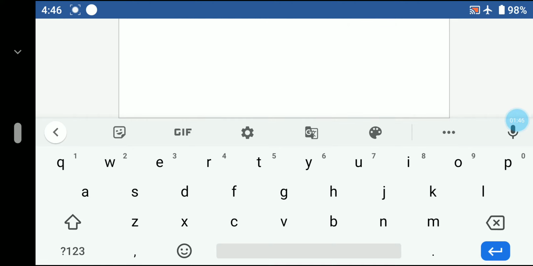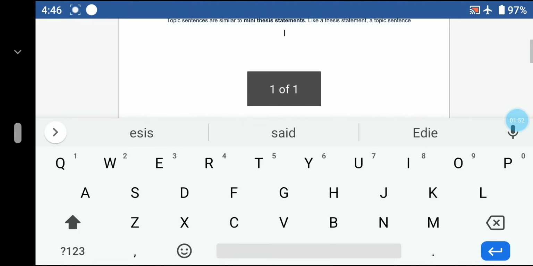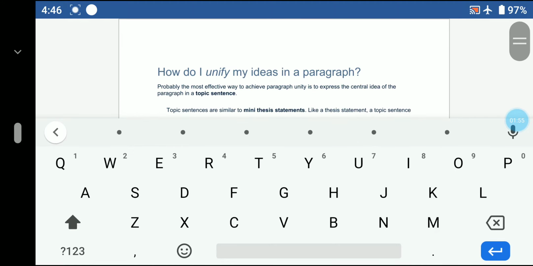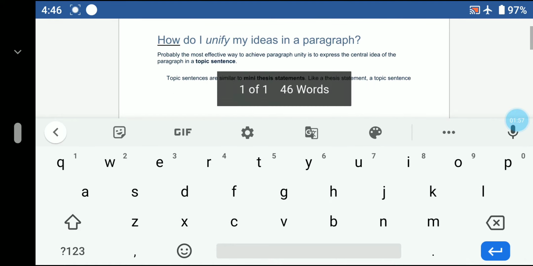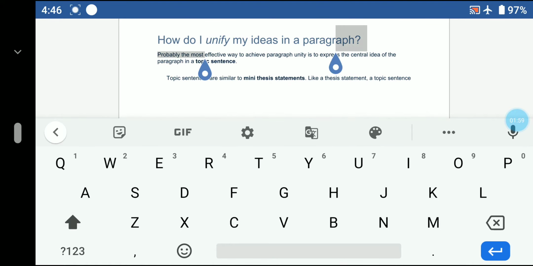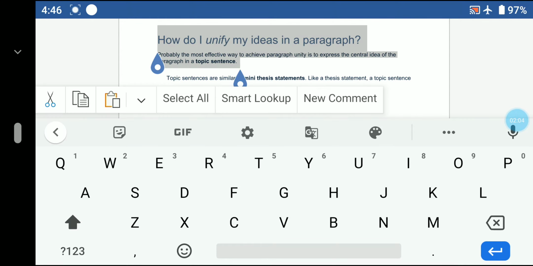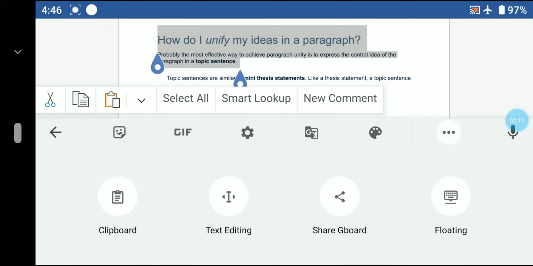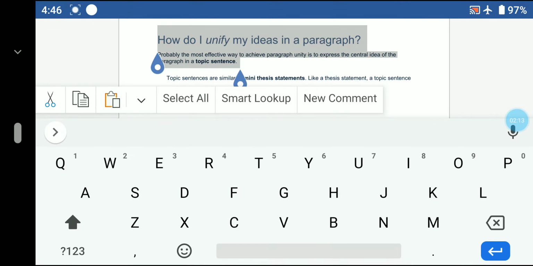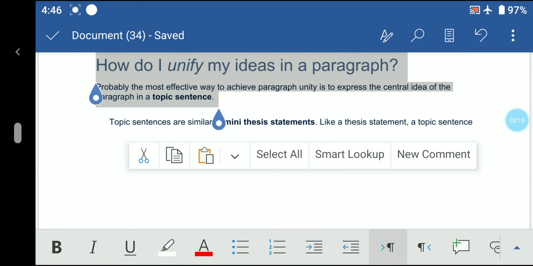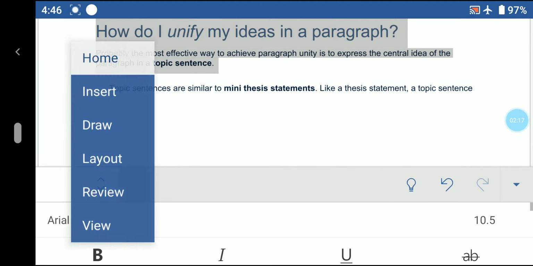Okay, up to this part I have selected. Then after the selection, you have to go to the Home tab. I am clicking here, this is the Home tab.